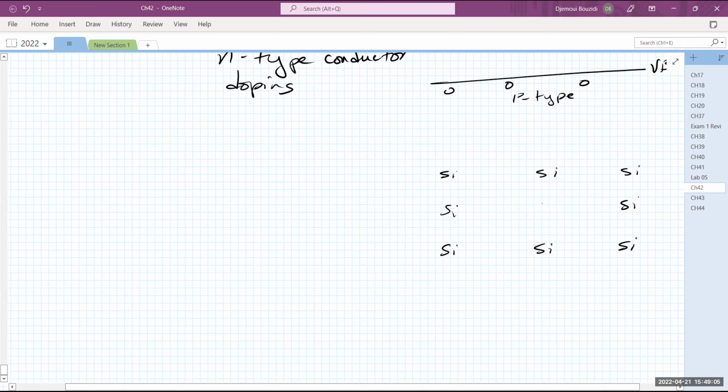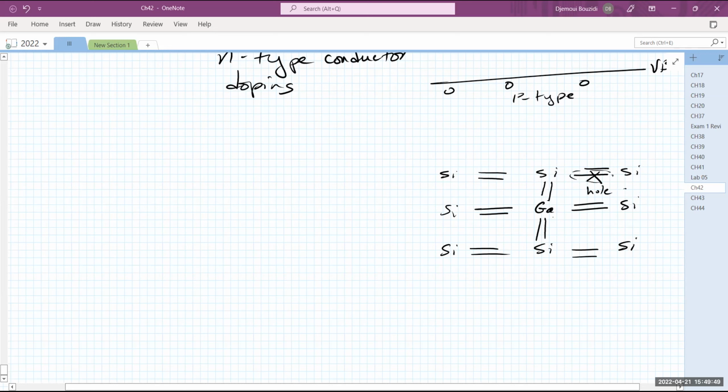So the third group in this case, let's say, for example, Ga, has 3 electrons to participate in the bonding, but it's missing 1. So gallium, for all practical purposes, is now like silicon in terms of energy level. So there is an energy level available there, but it's not filled. So this is similar to a hole that has formed. Okay. So what it does in this case is grab an electron from one of these bonds and connect to it. Now you really have a hole that has formed,